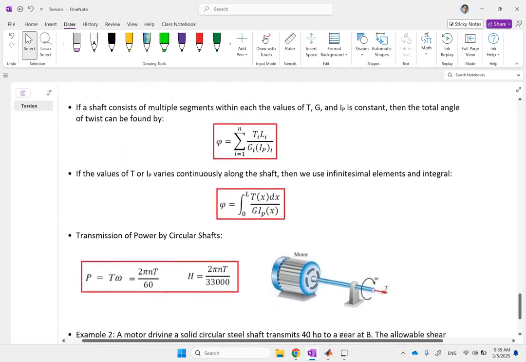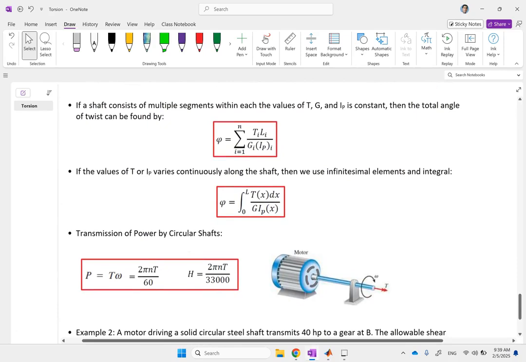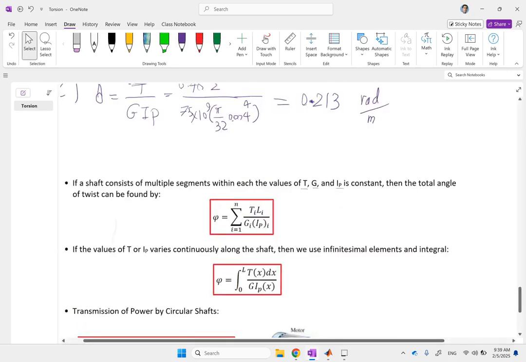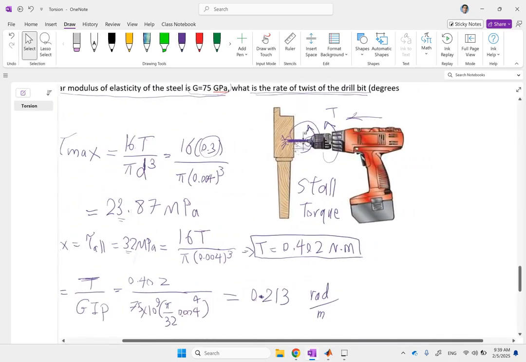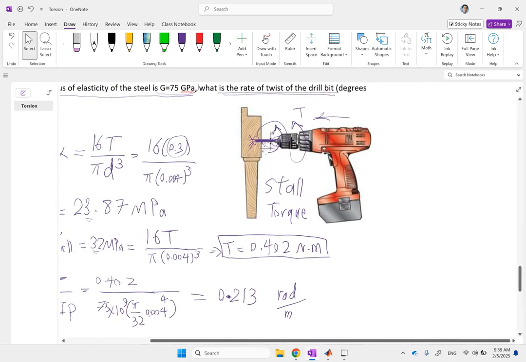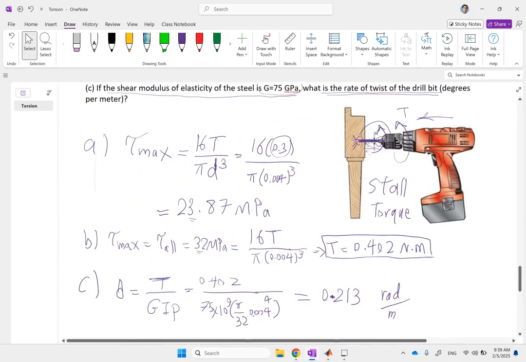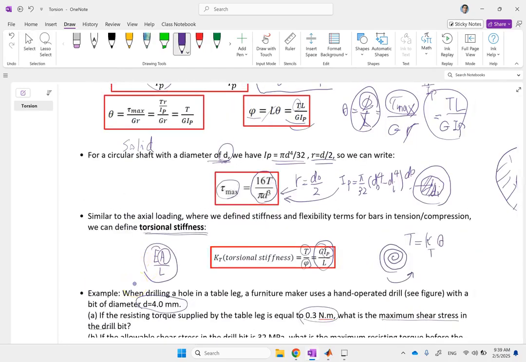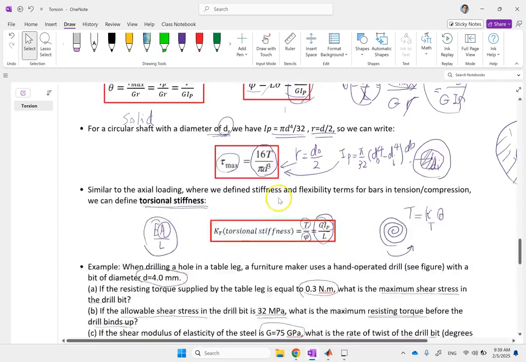Now, before we go to the second example, there is another thing we have to look at, and that is if a shaft consists of multiple segments, each with different G, T, or IP, then if you want the total twist angle, you have to use the formula that we just showed you, TL over GIP, correct? Let's go up a little bit. So this one here, you have to use this formula, but you do it for each section